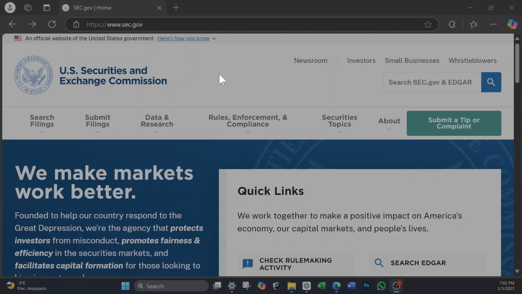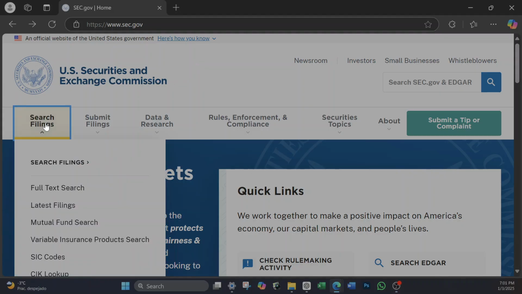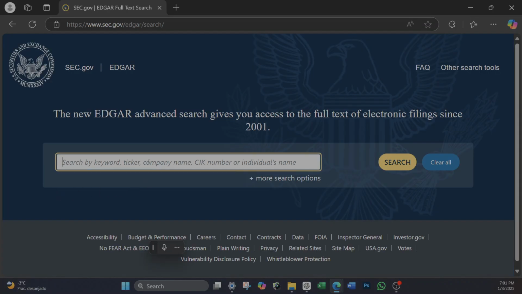In this video, I'd like to show you how to find a Form 10K, and that'll be on the sec.gov website, as you can see in the address bar up here. And then we're going to download that 10K into an Excel file. So a quick way to do it is to go to Search Filings, Full Text Search, and let's type in